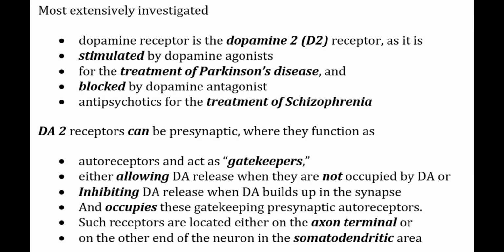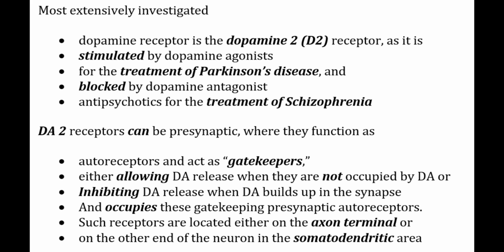The most extensively investigated dopamine receptor is the dopamine 2 or D2 receptor, as it is stimulated by dopamine agonists, as in the treatment of Parkinson's disease, and blocked by dopamine antagonists, as in antipsychotics for the treatment of schizophrenia. Now, D2 receptors can be presynaptic also, where they function as autoreceptors and act as gatekeepers, either allowing DA release when they are not occupied by DA or inhibiting DA release when DA builds up in the synapse